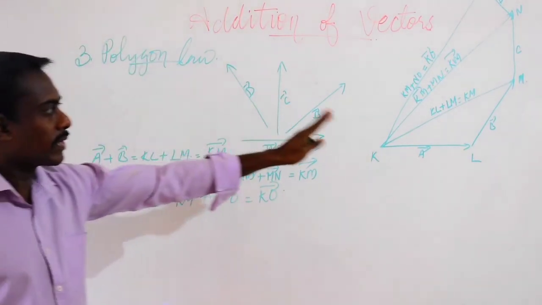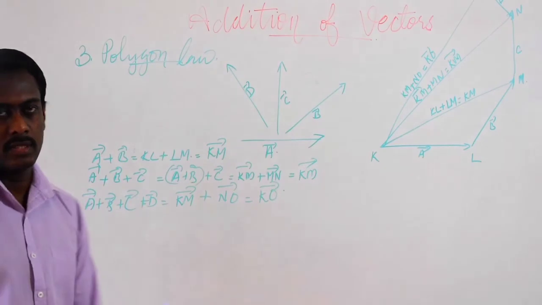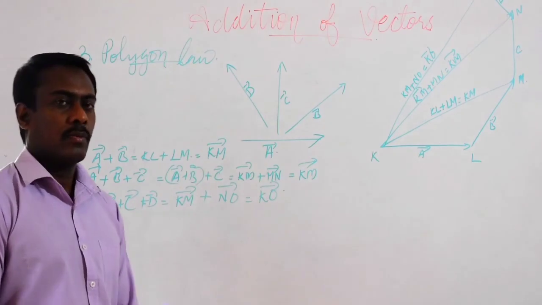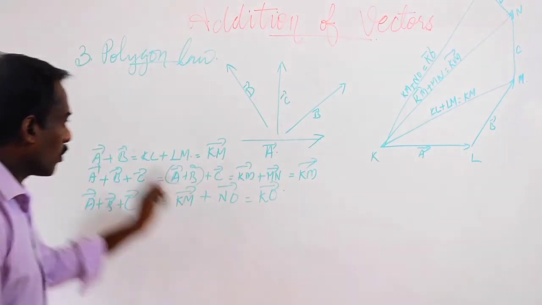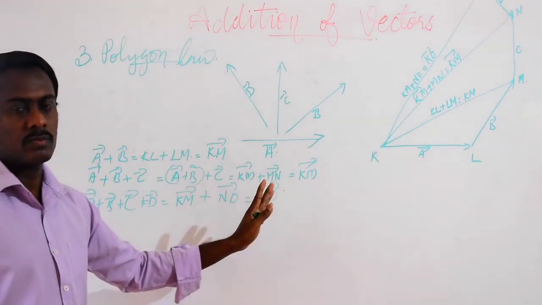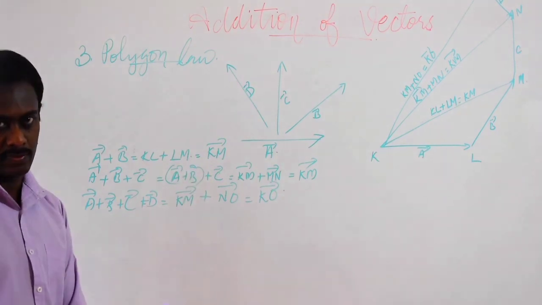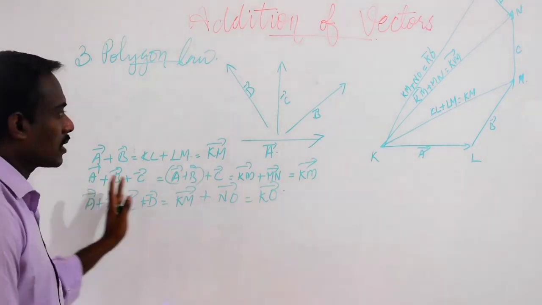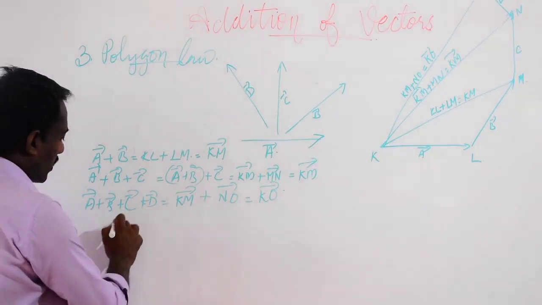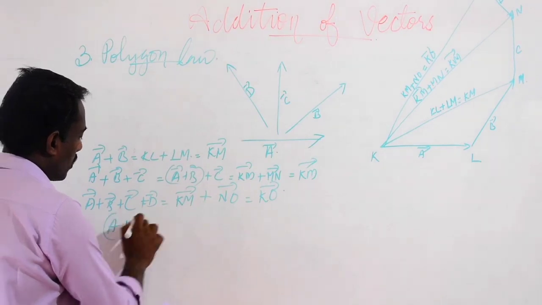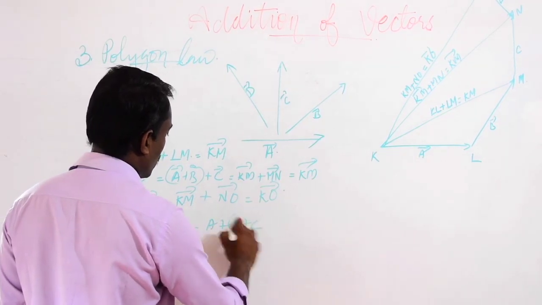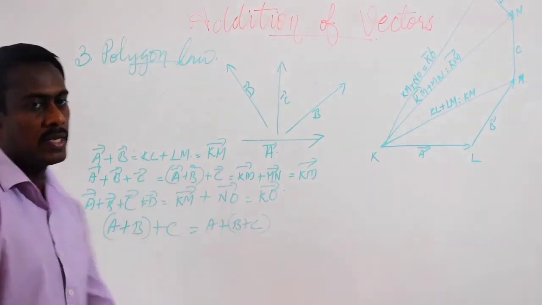Any number of vectors can be added by this method and we can find the resultant vector. This law is known as the polygon law of vector addition. From this example we can also see that vector addition is associative. It obeys the associative property of addition, so we can say A plus B plus C is equal to A plus B plus C. So it obeys the associative